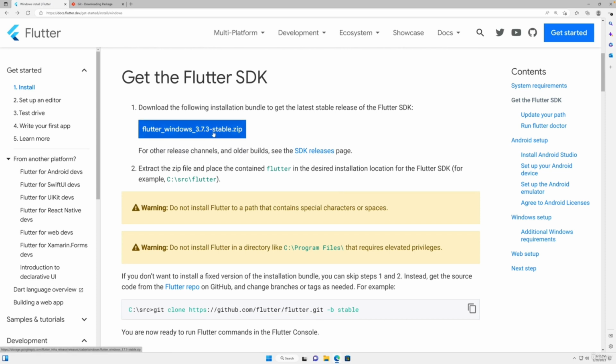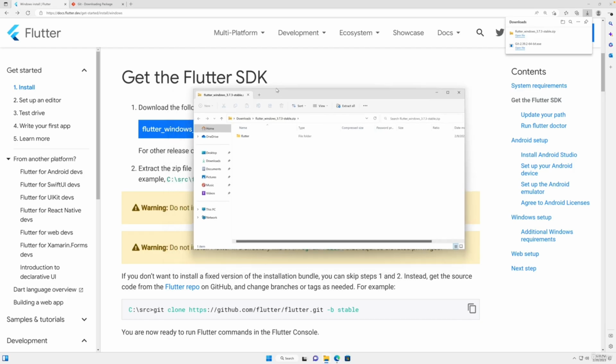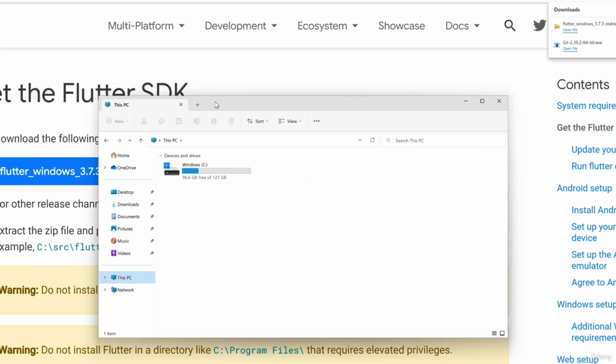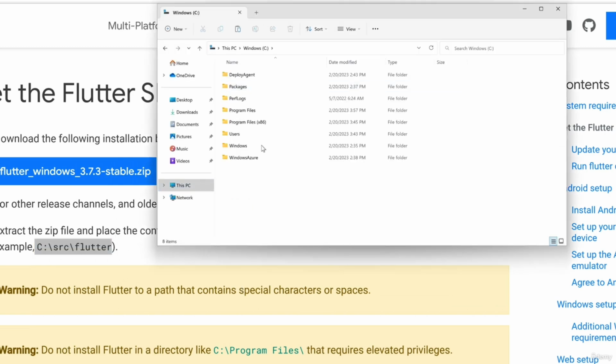For that, you should download the latest version using that link in the official documentation. And then, once this was downloaded, open this zip file that was fetched here and extract it. And in that file, you will find a Flutter folder. Now that Flutter folder must be moved somewhere else. It's generally up to you where you want to move this, though the official documentation recommends picking a path like this. So here I'll go to my C drive,